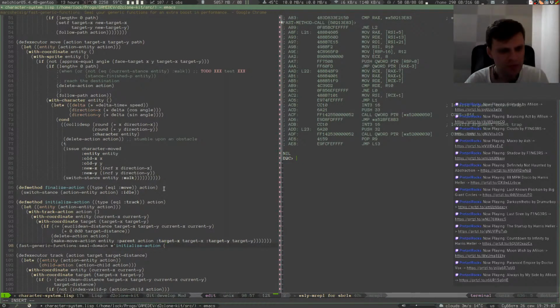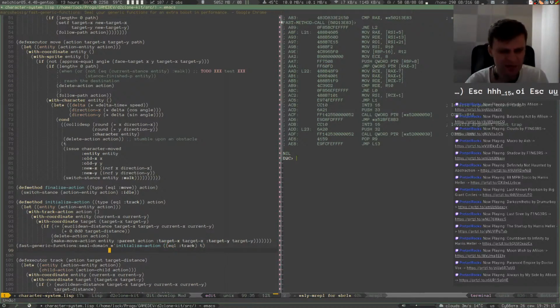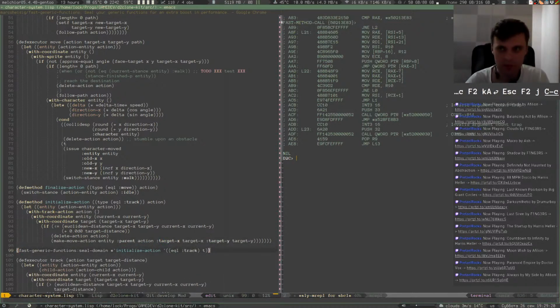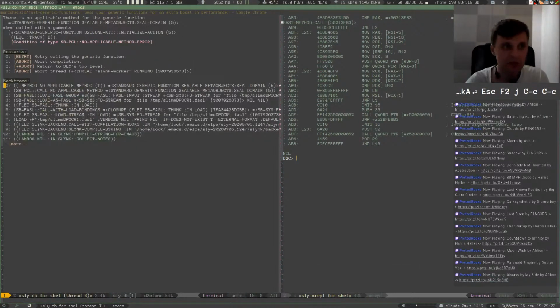So it would be something like equal track and t, something like that, I guess. Does not take